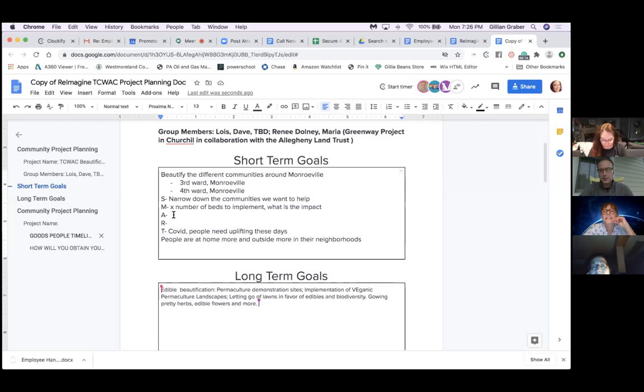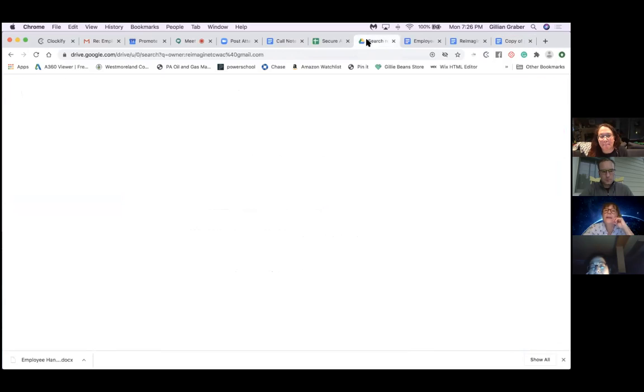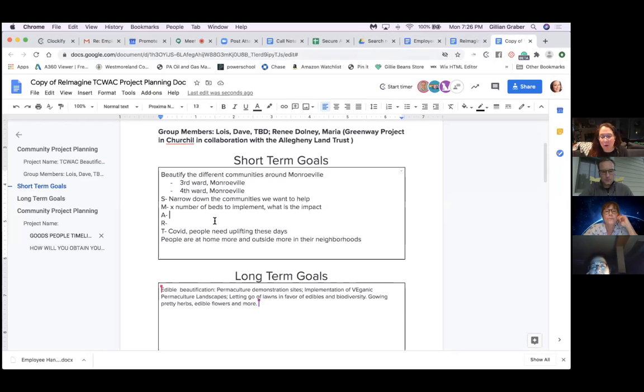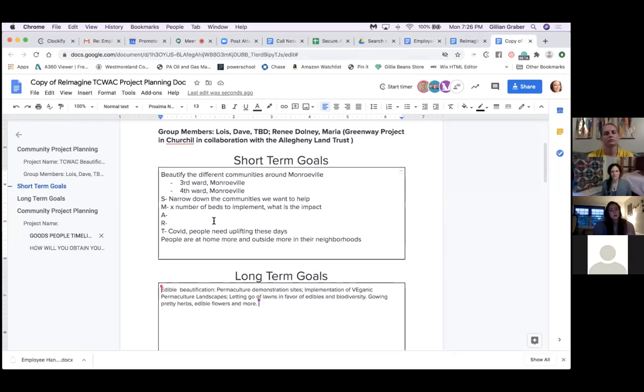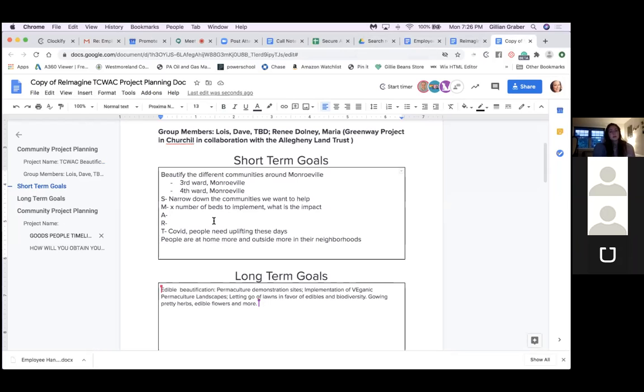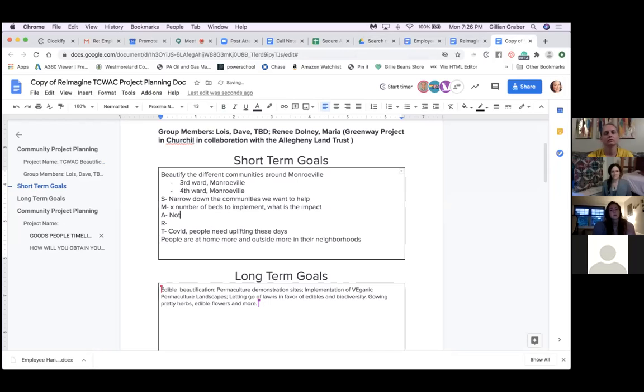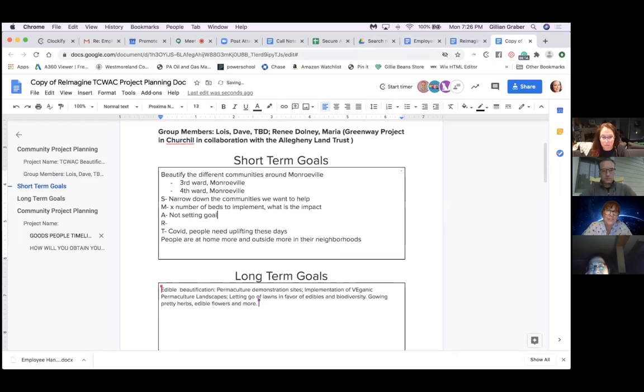Actionable? Was it achievable? Achievable, yes. So how can this become achievable? By not setting the goals too big. That's good. Also by having the people in the neighborhood who take interest tell us what their goals would be.